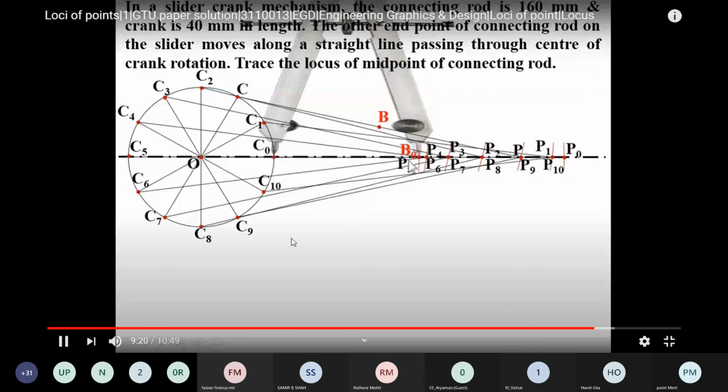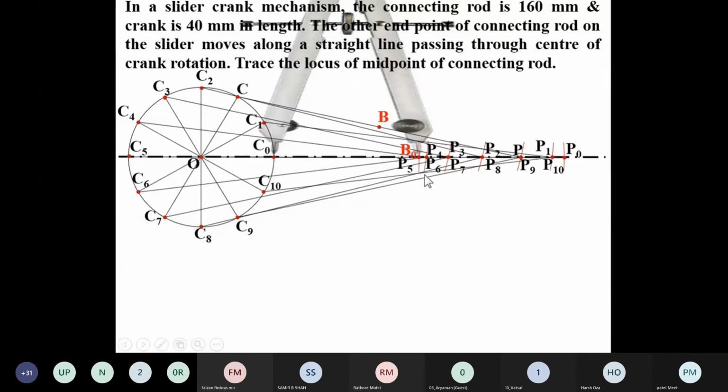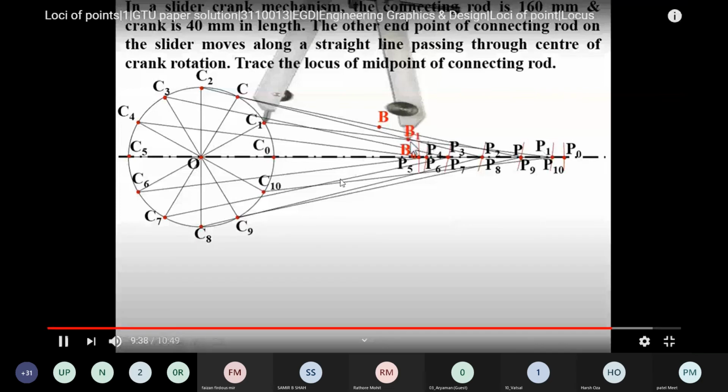and T-square and good pages to draw all these things. Okay, and for every EGD lecture you require these, whether it is a lab or a lecture session. So this is just a revision for you. Hopefully now nobody has any query.